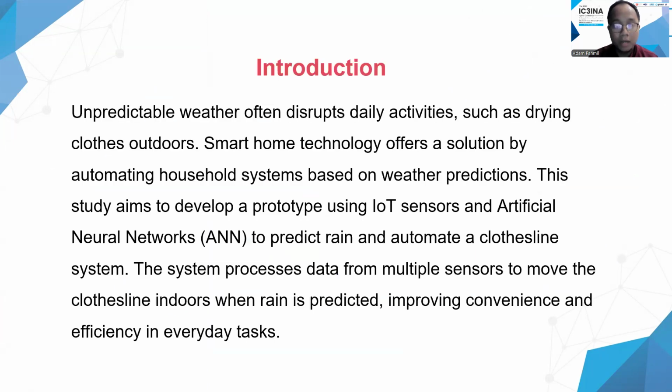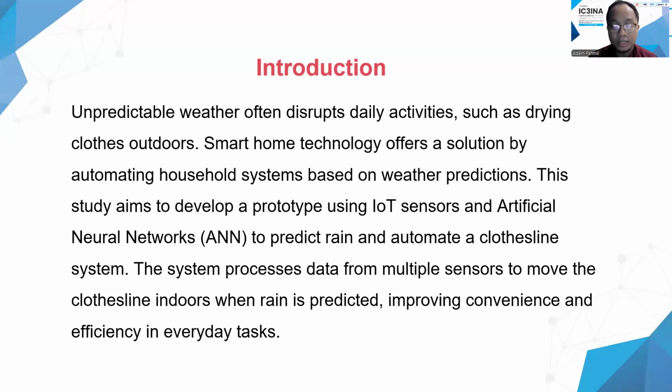Okay, we get the introduction. Unpredictable weather often disrupts daily activities, such as drying clothes outdoors. Smart home technology offers a solution by automating household systems based on weather predictions. The study aims to develop a prototype using IoT sensors and artificial neural networks, or we call it an ANN, to predict rain and automate a clothesline system. The system processes data from multiple sensors to move the clotheslines indoors when rain is predicted, improving convenience and efficiency